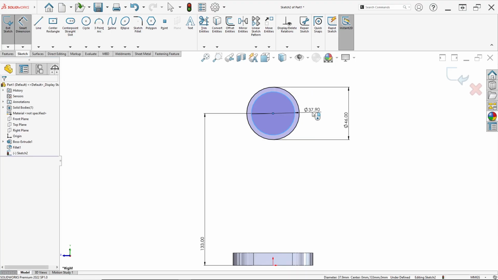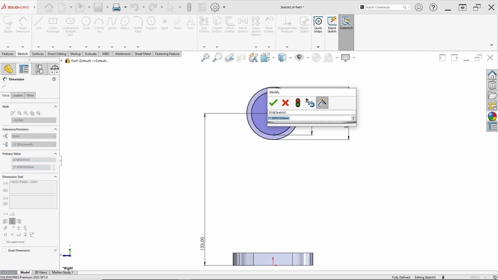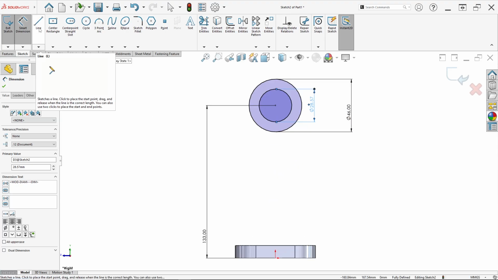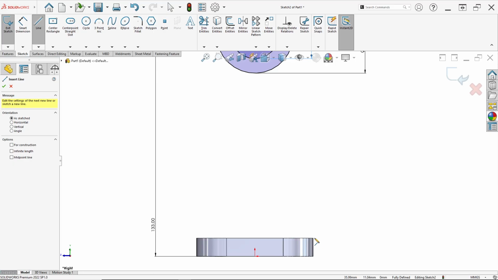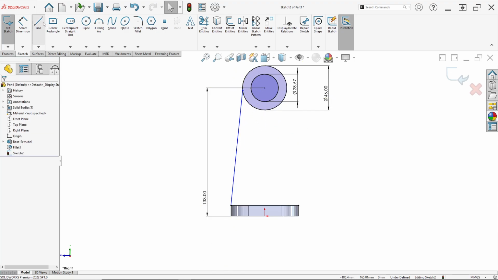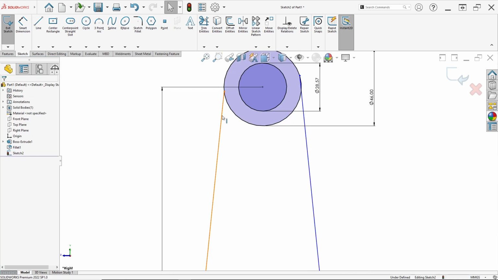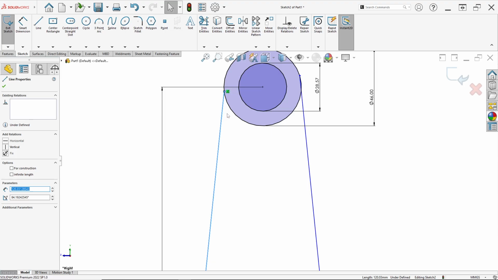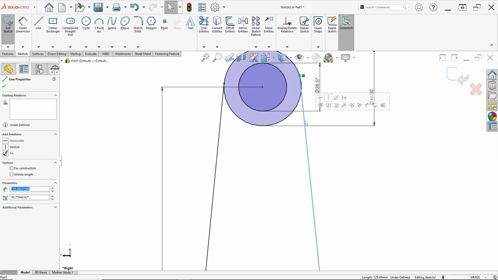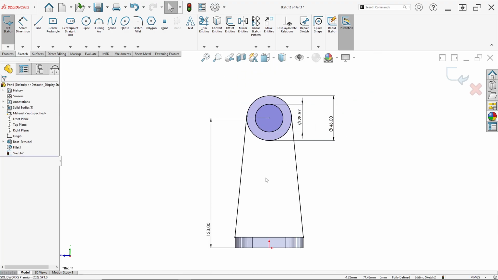and for the inner circle we can choose one here. For example, I select 28.57, like this. Now we can draw a line. Draw from this point to this point and to this circle, and draw a line from this point to this circle. Select this line, hold Ctrl on your keyboard, select this circle, click make tangent. Click this line, hold Ctrl, click this circle and click make tangent like this.